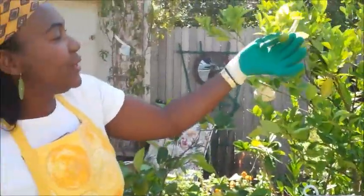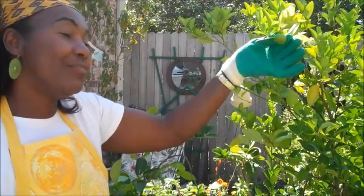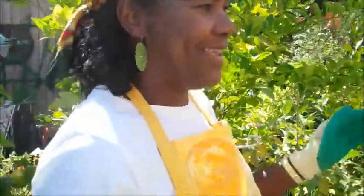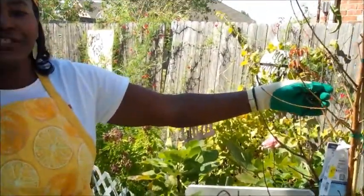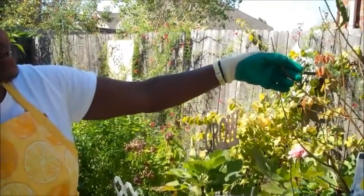I've got lime trees here. Can anyone say key lime pie or margarita? You can grow your own right on your driveway. Here I have another tree. It's a nectarine tree that will also be planted in a container, and hopefully in about 3 years I'll have